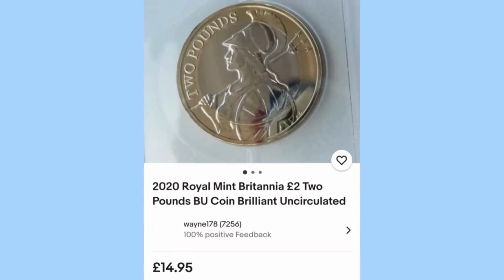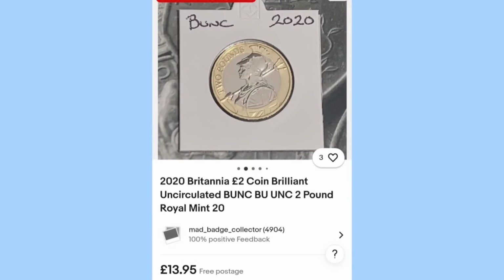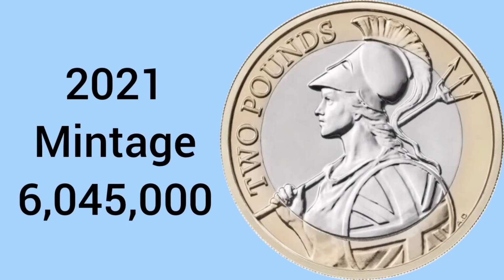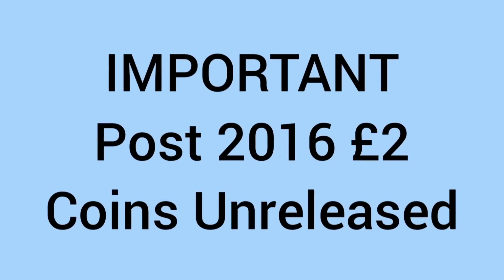The 2020 will sell for a bit less, around £14 or £15 for the 2020 Britannia. We can see here this one actually only £13.95, so a bit of a cheaper one to buy there than some of the previous years. Now 2021 has a mintage of 6,045,000, so there have been quite a few made ready for circulation, but important, very important, post 2016 £2 coins